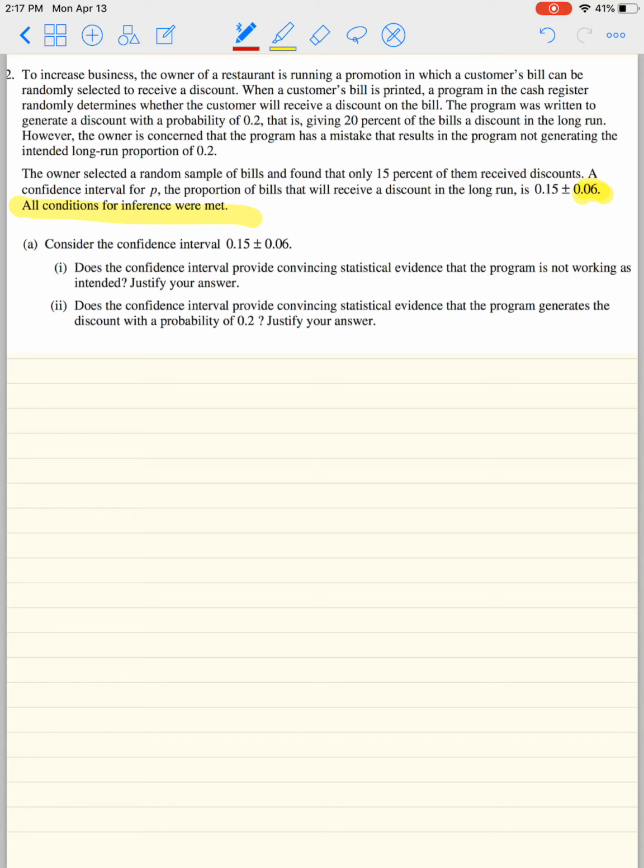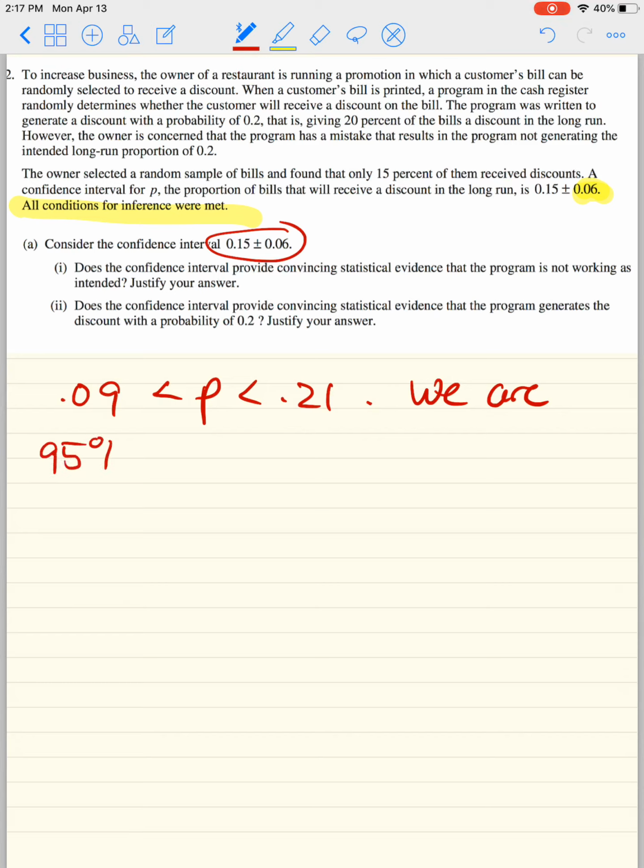So let's talk about just this right here. I'm sure most people said, okay, so 0.15 minus 0.06 is 0.09 and 0.15 plus 0.06 is 0.21. So with that being said, if we were going to write a conclusion for this, we would say, we don't know how confident, but let's just say 95%. We are 95% confident that the true